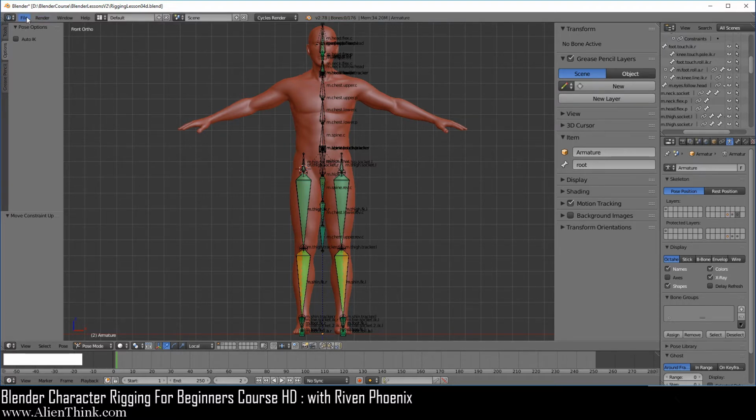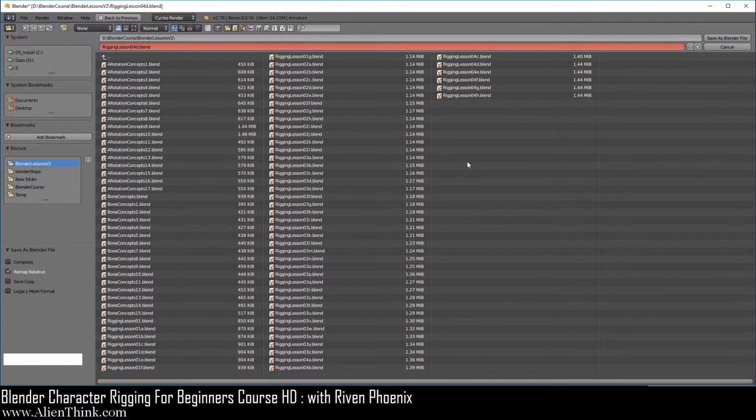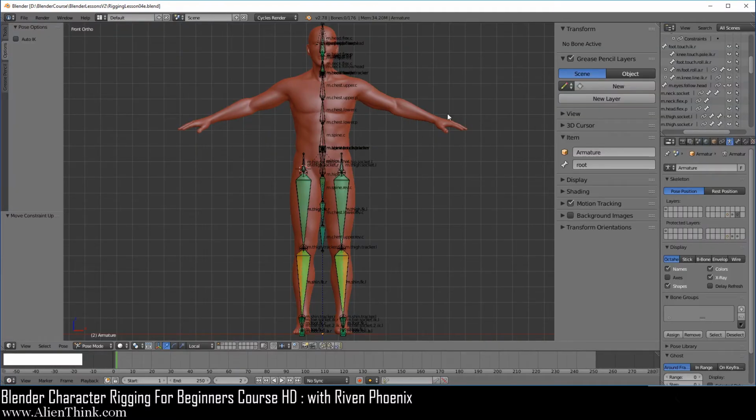Now here I'm just going to go under File, do Save As, and let's go ahead and save this as Rigging Lesson 04 e.blend. Okay, so this officially completes the leg and foot rig.